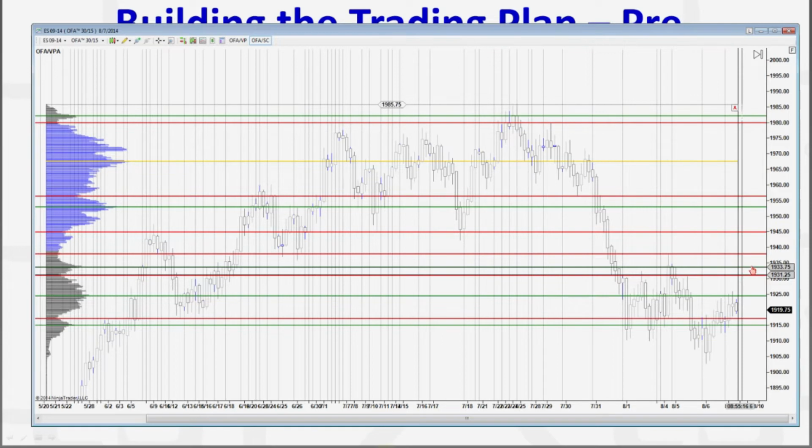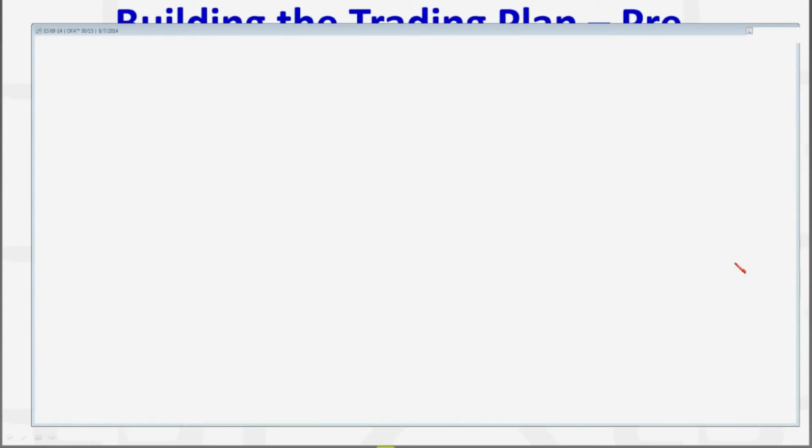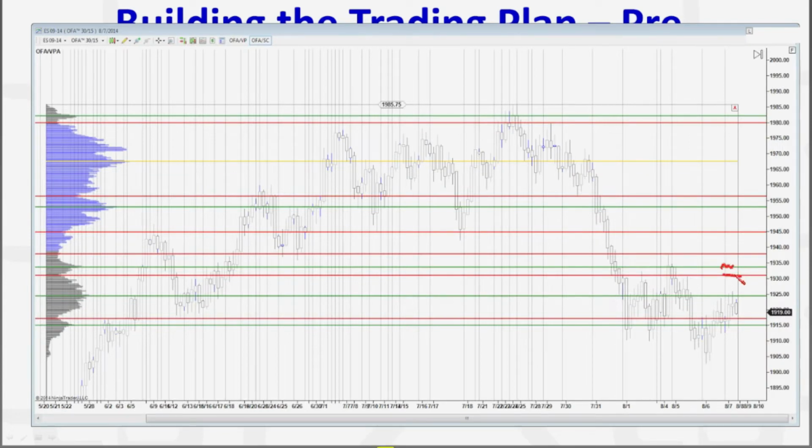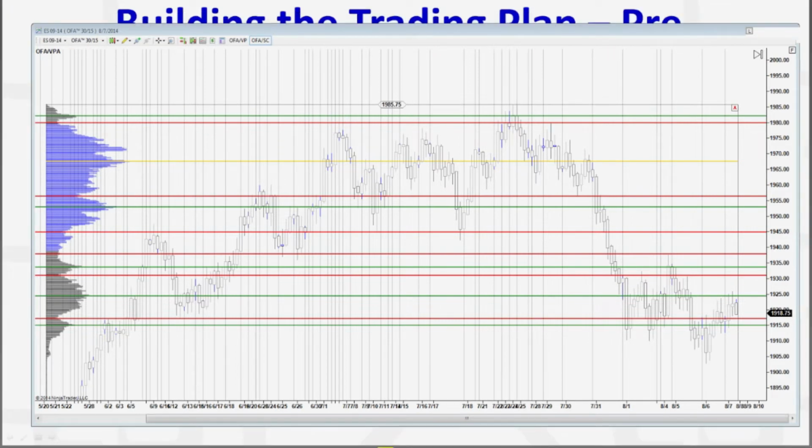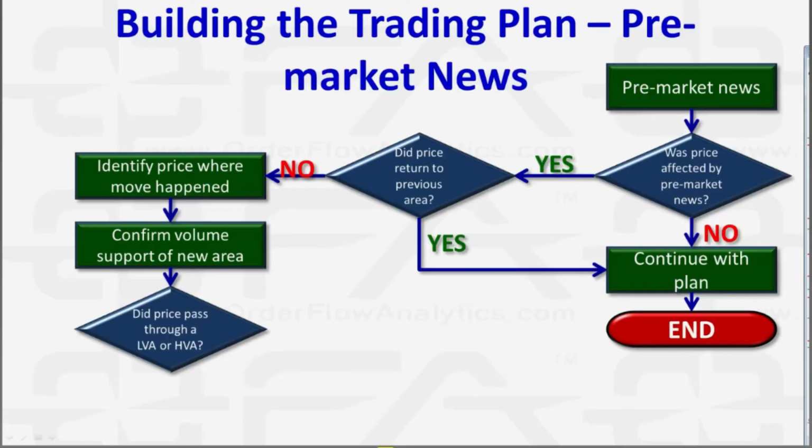If we start seeing acceptance above this level, and we're seeing rotation in the pre-market now, and any attempt to the downside is met by buyers here, that's what I'm talking about. Did price come through a low volume area? And if the answer is yes,